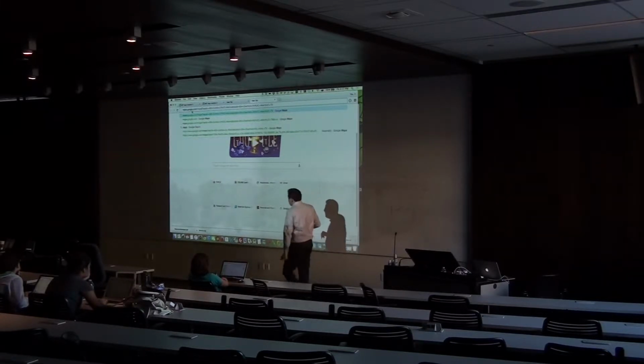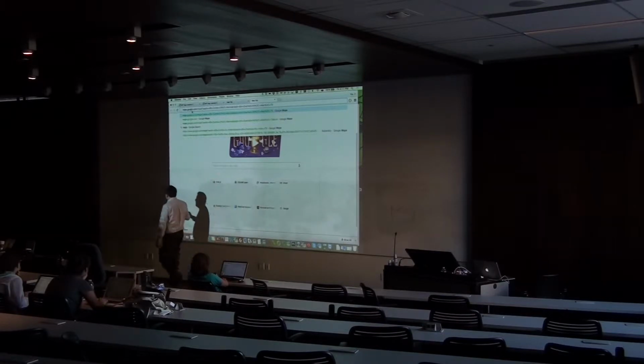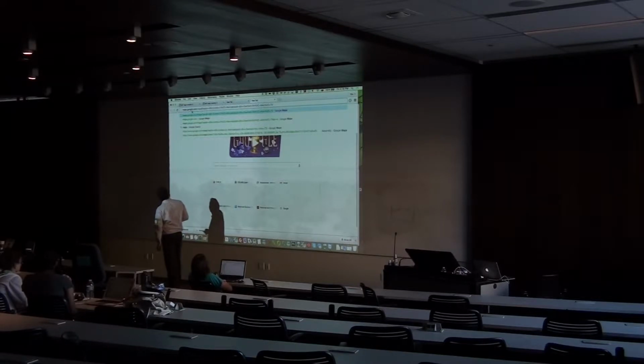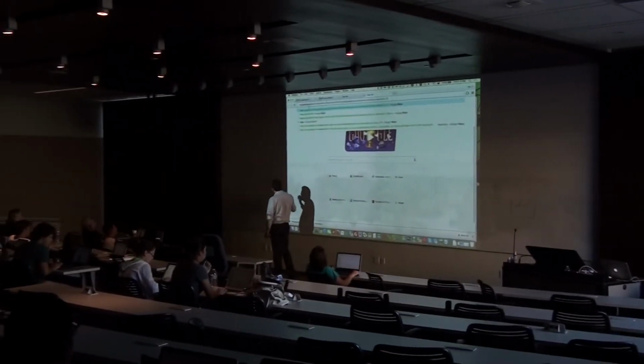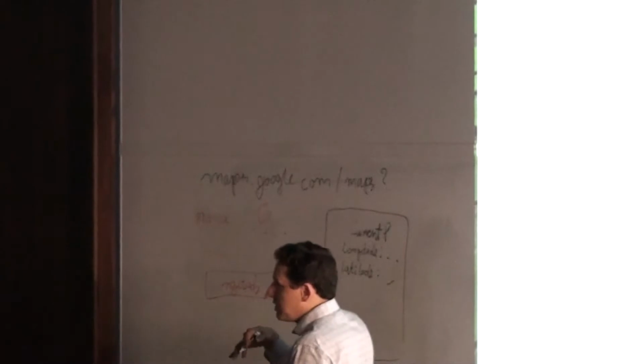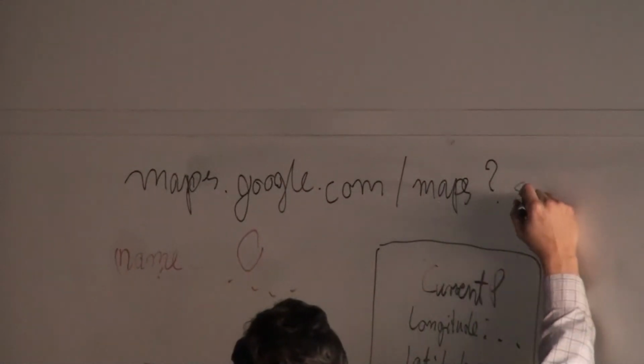So what you need is to create a string, create a text, which consists of maps google.com/maps, question mark, and then there is this thing added, well, they have to make it difficult to read. S address basically means source address, or the place where we are going from. It will be S address